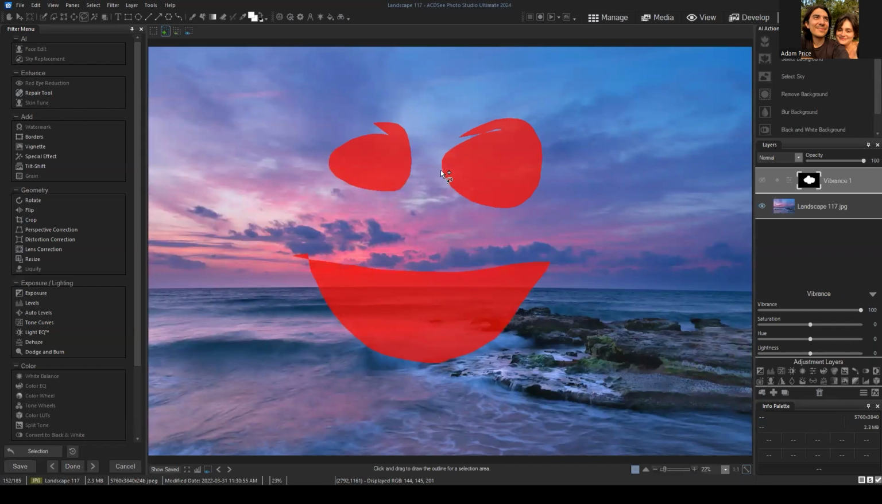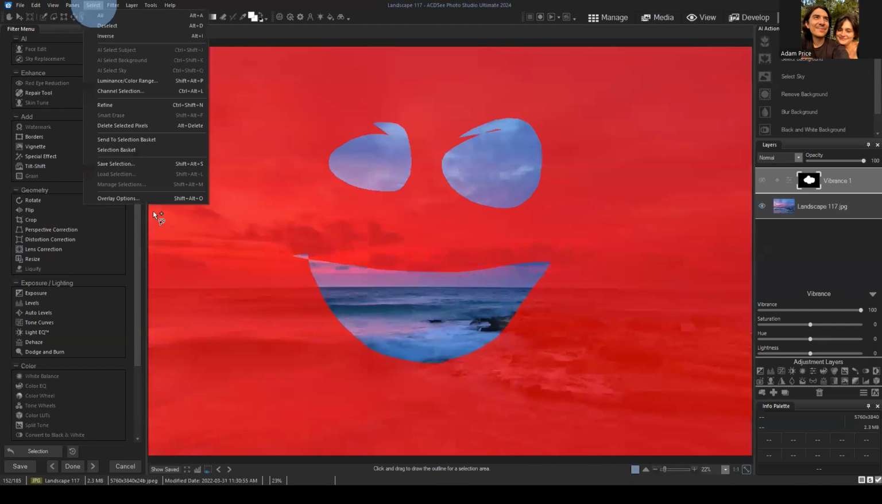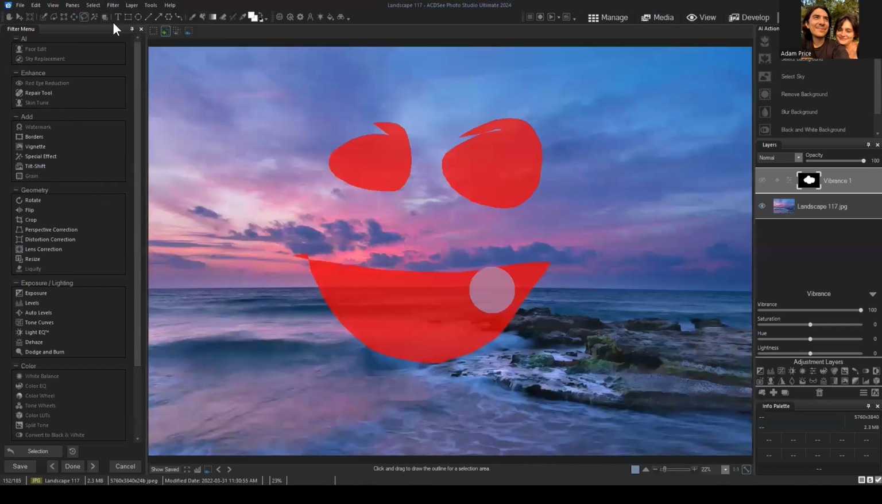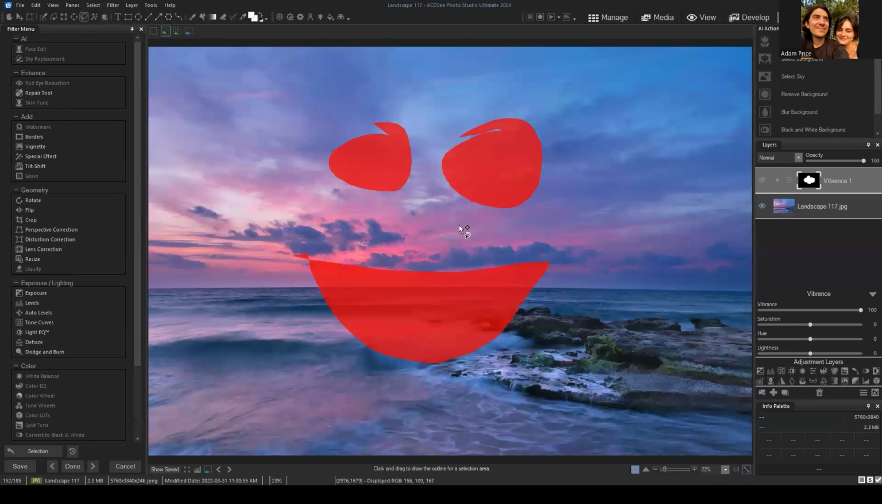I think it's an easier way of interacting with it. I believe the third option is selection exposed, so kind of the inverse of that. But it's totally up to you, whatever you use. There are some options there under the select panel, so select and overlay options. So, okay, that's just a very quick wrap up on selections and understanding how selections